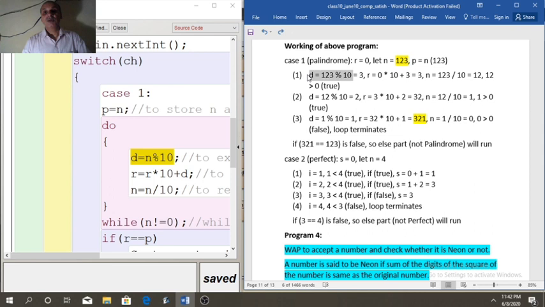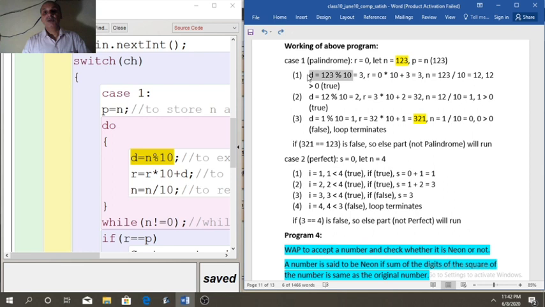Now third line, n equal to n by 10. So here n equal to 123 by 10. When you divide any number by 10, it will remove the last digit. So 3 will get removed and it will become 12.